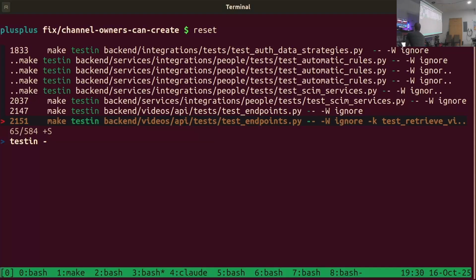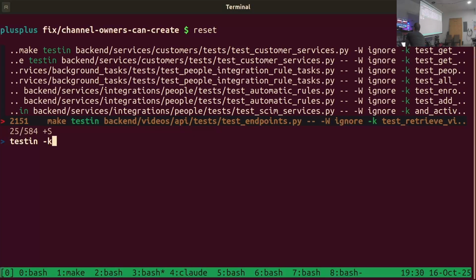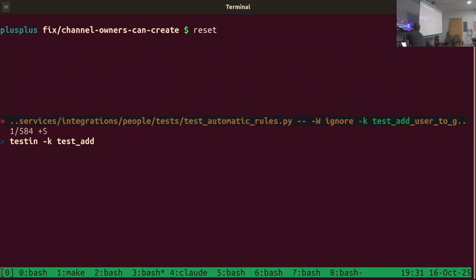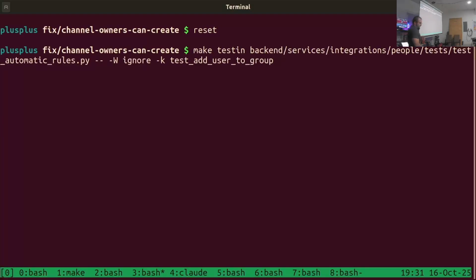Type K, there we go, there's the one I was looking for from some time ago. All I typed were pieces of it, and great, I have that command pulled up, and if I want to edit it, I can, or I can run it.